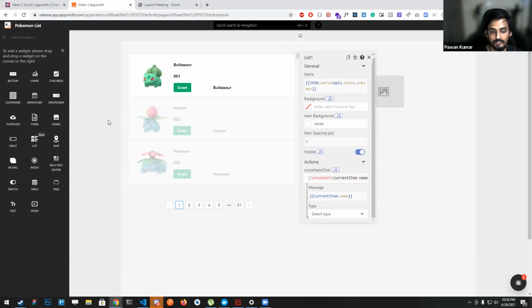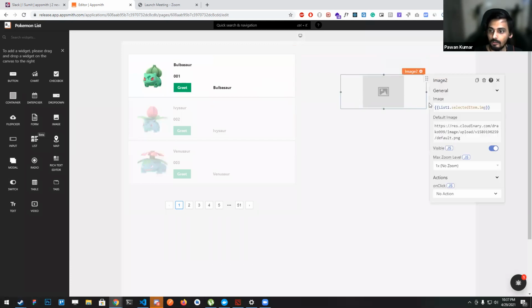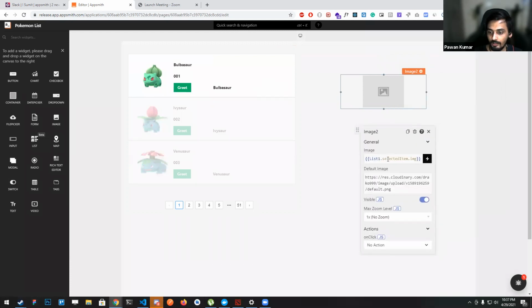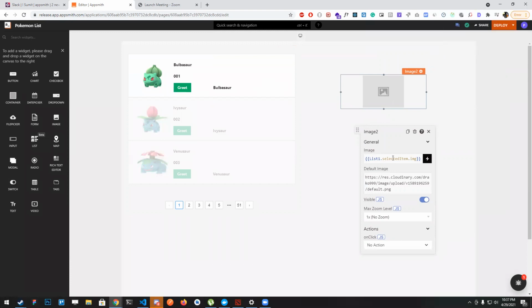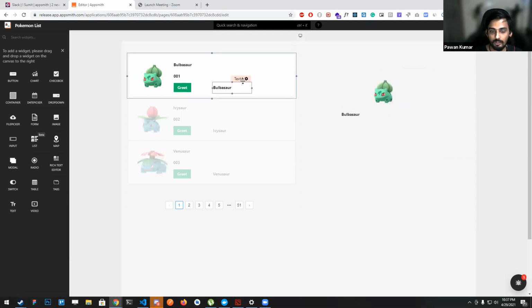Also there's a feature where you can have a selected item when you click on a list item. So for example, on this image, what I've done is I have just bound it with the selected item dot image. So as soon as I click on the first item, it will change to the selected item.